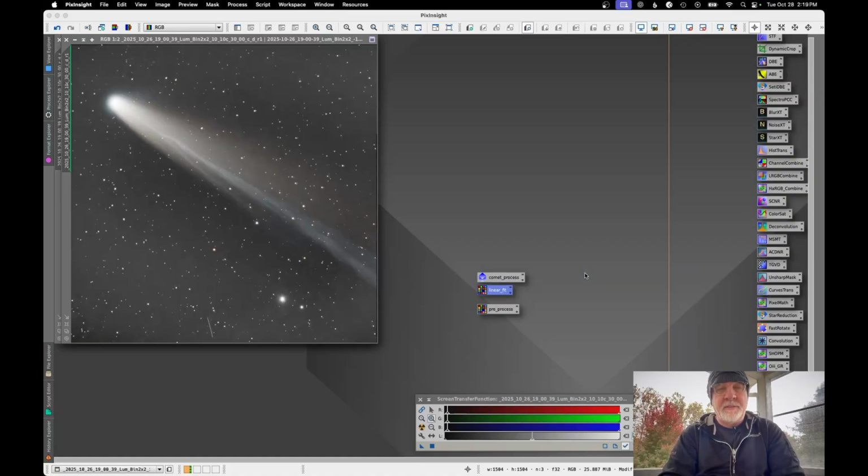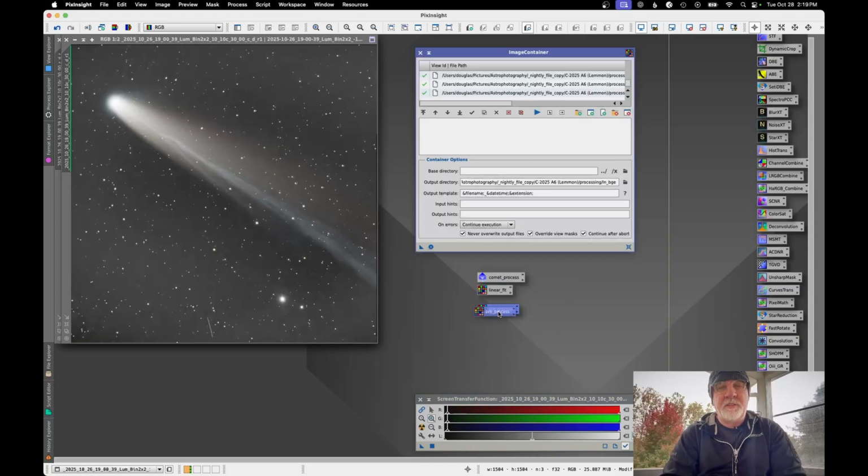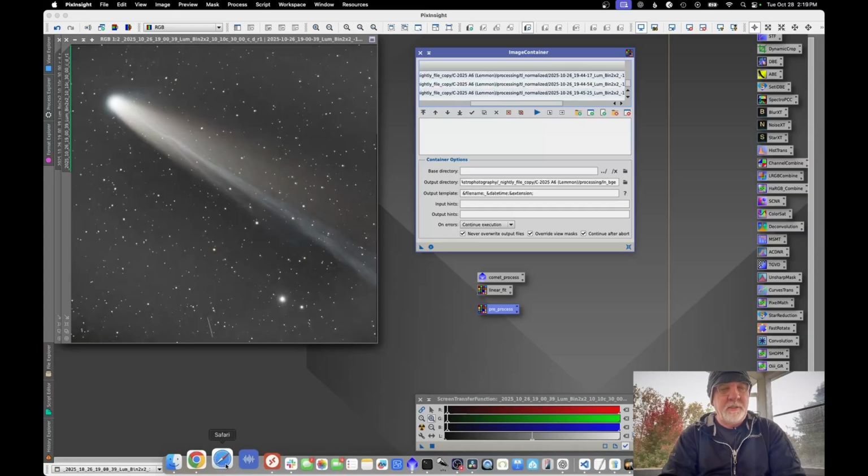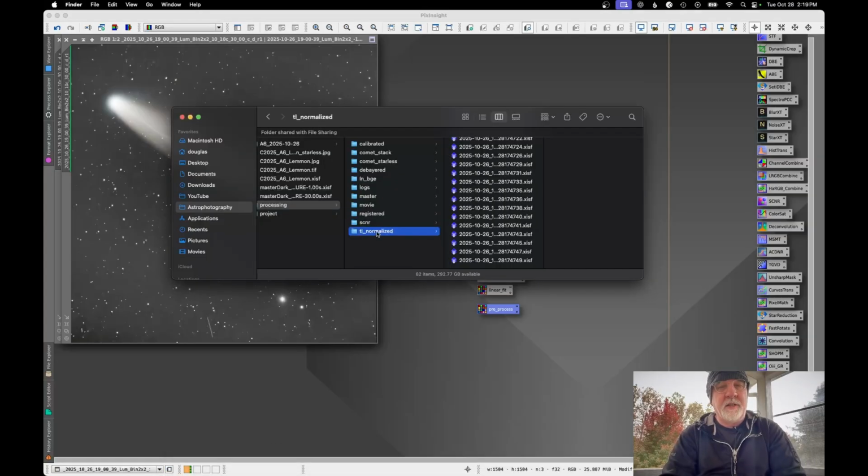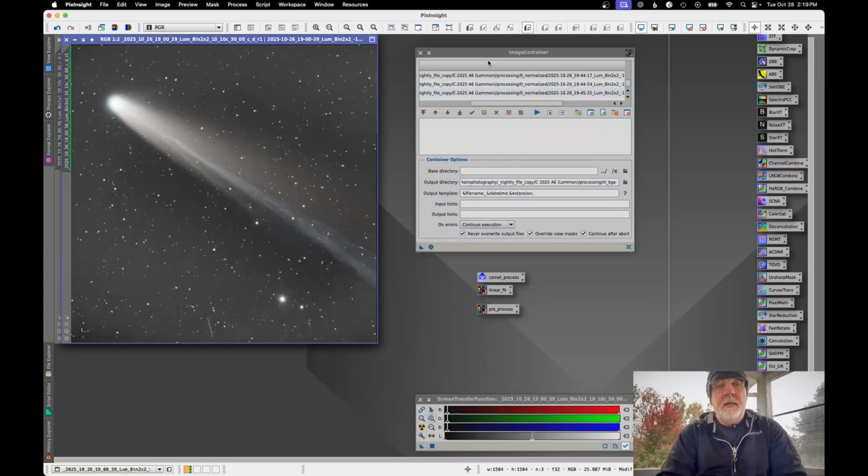So once I have that, then I set up this pre-process here. And the pre-process is going over all of the images that are in my LF normalized directory that I just showed you, which is here. So these are all the images that I ran LinearFit on, and I output them to this directory. And then I'm going to have an output here that goes to LNBGE, which is basically I'm just doing my background extraction and stuff on these, and that's the stuff that's in my